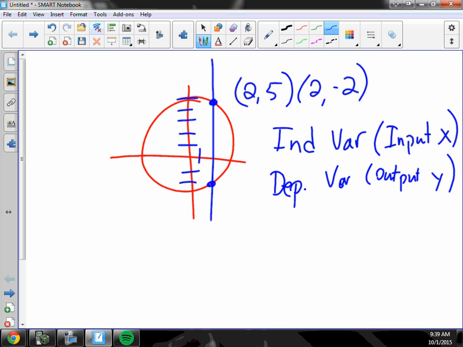What that means is independent is telling us that variable changes however we want it to. It's totally independent of anything. We pick any x we want. But the y values associated with those x values are totally dependent on our choice of x's. So if you hear independent and dependent, independent is the one you get to pick by yourself. Dependent is chosen by your selection of the